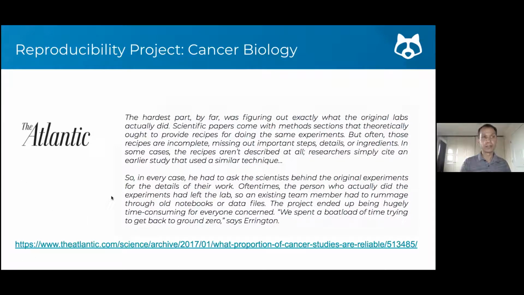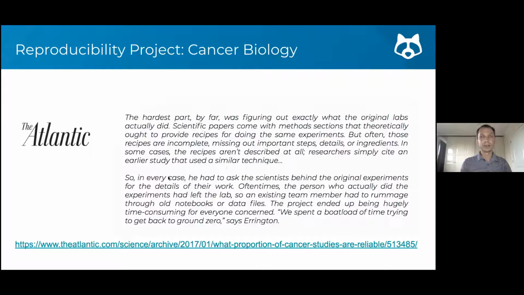It was all over the news, but Ed Yong, writing in The Atlantic, wrote, "The hardest part by far was figuring out exactly what the original labs actually did. Scientific papers come with method sections that theoretically ought to provide recipes for doing the same experiments, but often those recipes are incomplete, missing out important steps, details, or ingredients. In some cases, the recipes are not described at all. Researchers simply cite an earlier study that used a similar technique."